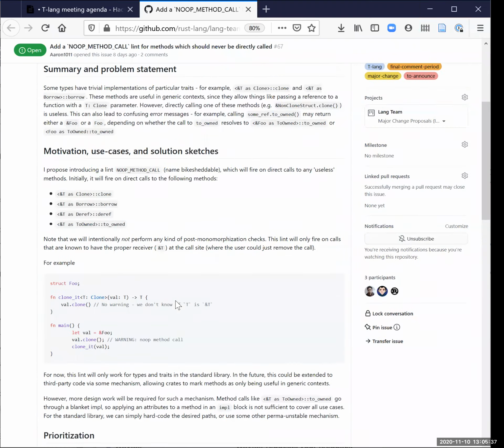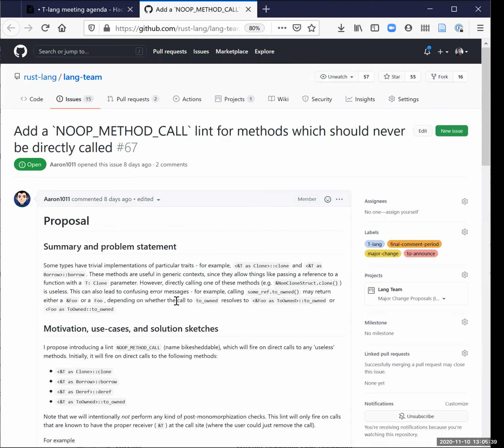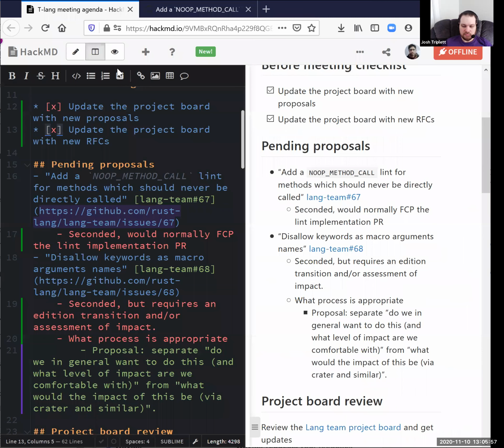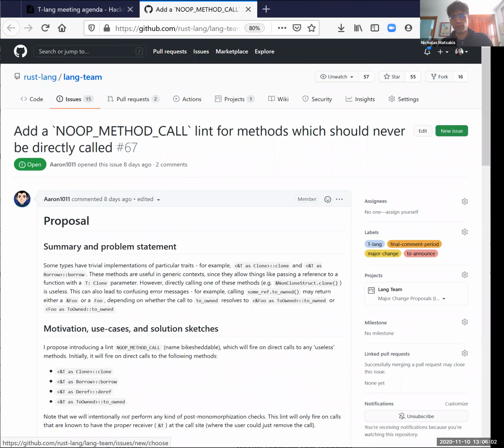Well, and it's nice to have a proper compiler lint when it's a type error, because then it can actually lint earlier. As I recall, Clippy can't lint if there's type errors, right? That's a good point. Yeah, I think that's true. All right. Well, any objections to this going? The main point here is to give people a chance to speak up before Aaron wastes time making a PR if people are against it as a lint.